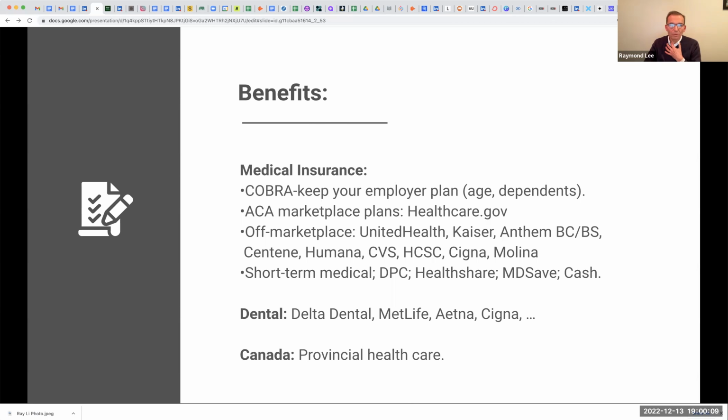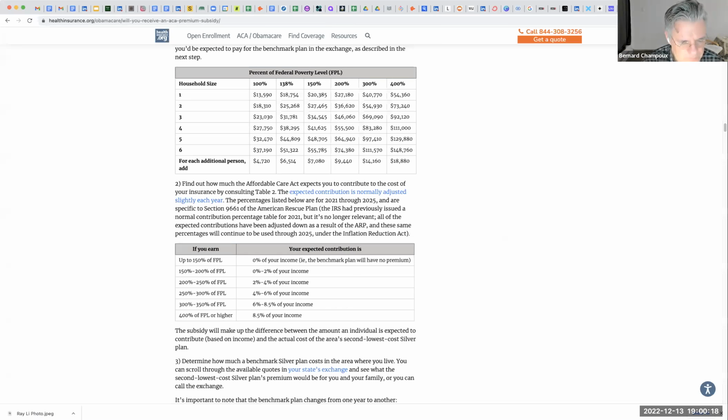But let me just show another screen if I can about these subsidies, because those have really changed things. So this screen is showing the subsidies of up to the federal poverty level, which is a funny way to think, but depending on your income, these subsidies can pay for all of health insurance or a big chunk of it. And at the highest, no matter what your income is, they only expect you to pay 8.5% of your income in medical premiums.